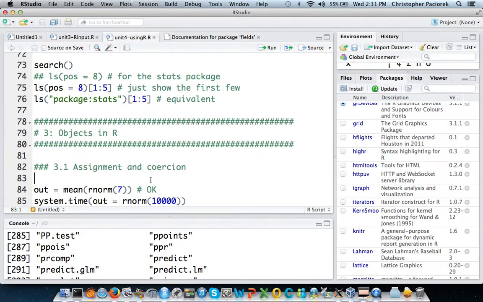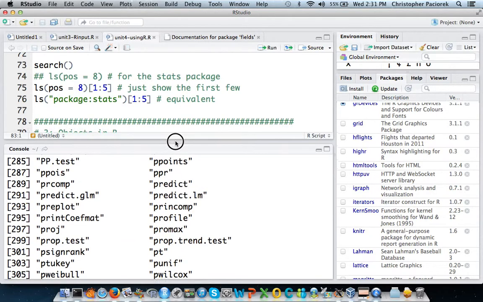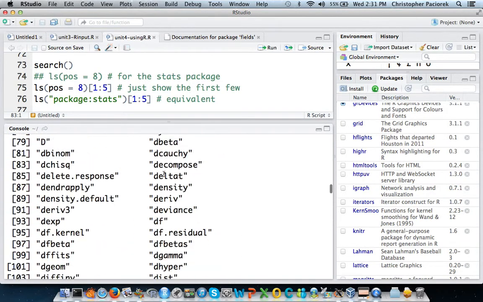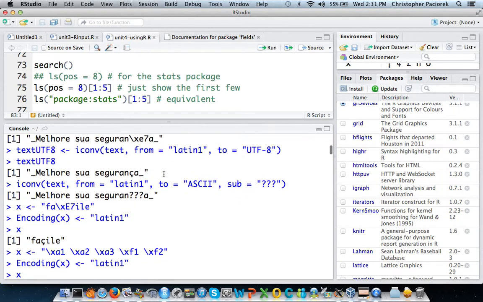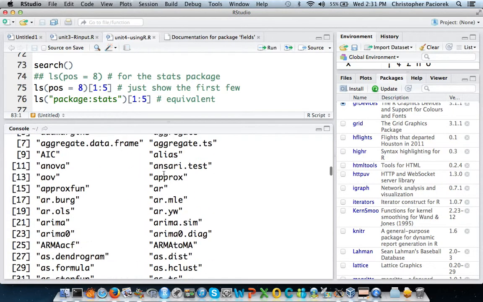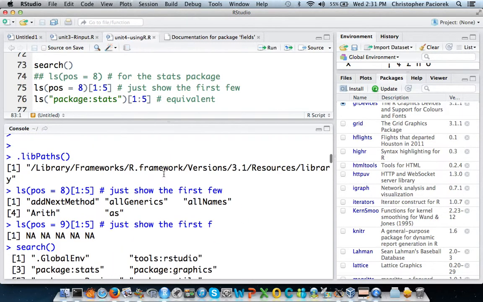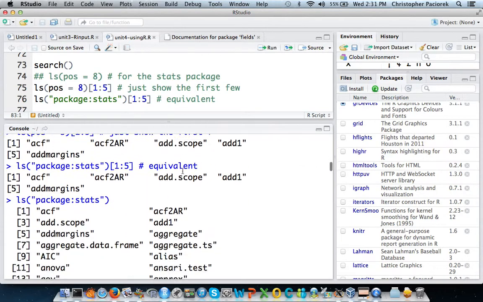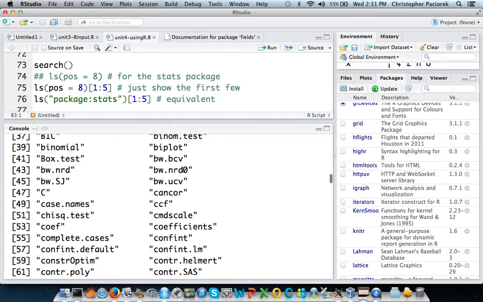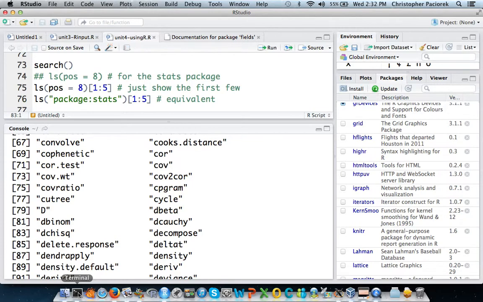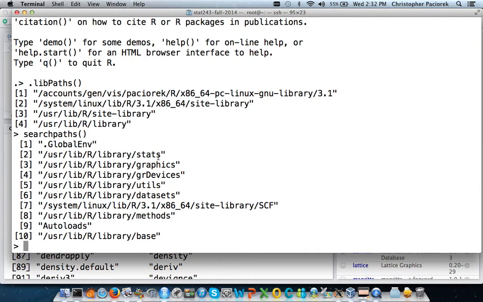Yeah, so that can cause problems, and I think we might have actually seen that already, but it might have gone by without us really remarking on it. I think when I loaded fields in here, did I? Oh, I didn't. Did I load fields in here? I must have, because it's on the search path. But I don't know where I did that. Well, let me just do that in a separate R session out here. Okay, so if I do library of fields here,